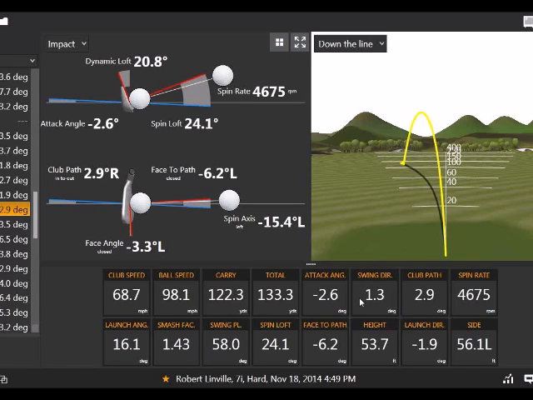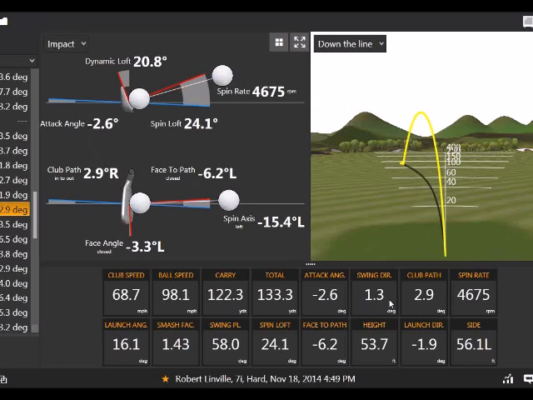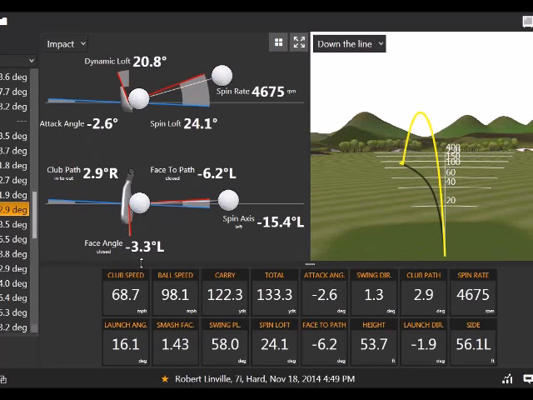So the swing direction was actually to the right. And again, less attack angle moved these two closer, moved swing direction and club path closer together. So swing direction slightly to the right. Everything kind of producing a draw if we could have the club face about half of this number in general. Half of this number. So if we could have a path of around 3 and a face of about 1.5,